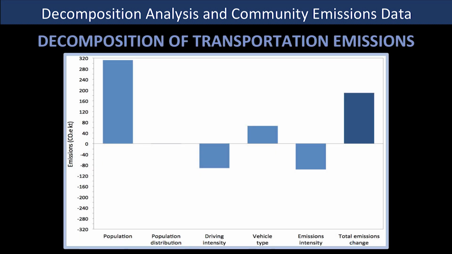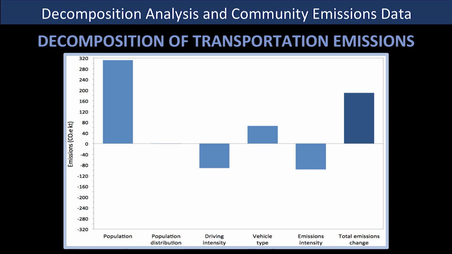Overall, in the transportation, Vancouver experienced an increase in emissions. And overwhelmingly, the thing that was contributing most to it was an increase in population. The population distribution factor showed very little change, actually, and it's very possible that this might just be around the spatial resolution. If we had data that just went down to the neighborhood level, we might actually see some changes, perhaps with two cores, but ultimately that didn't give us too much information on what was contributing.